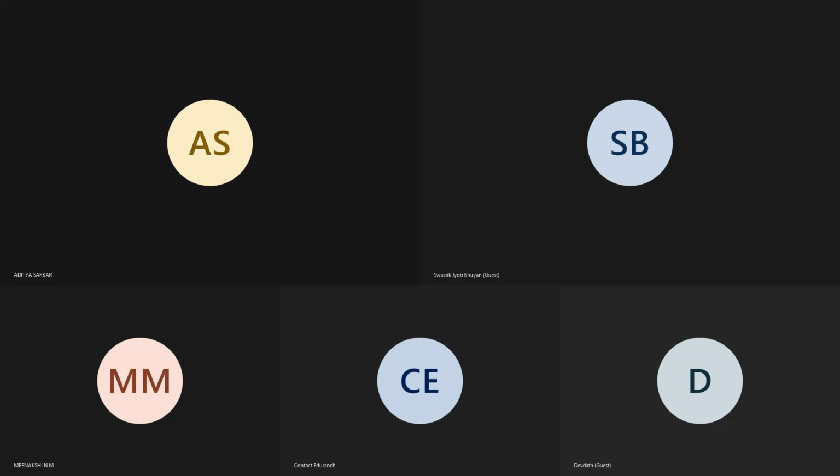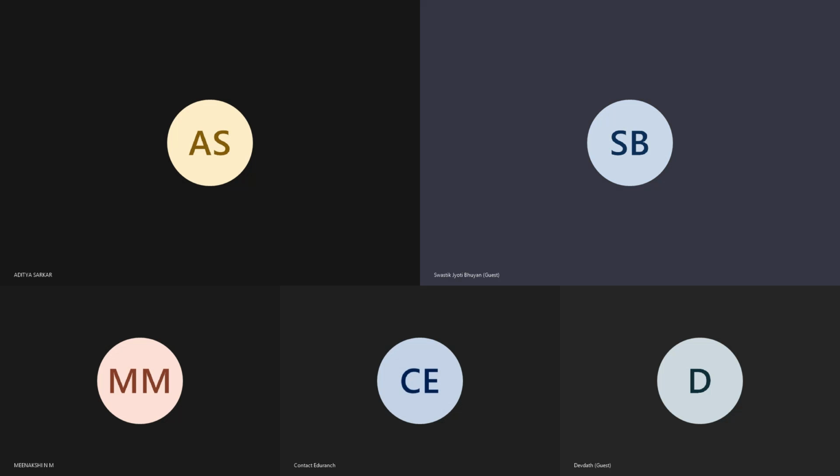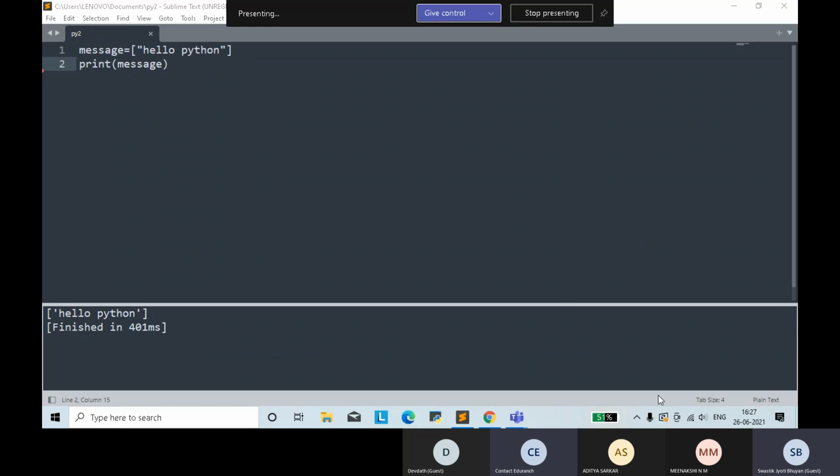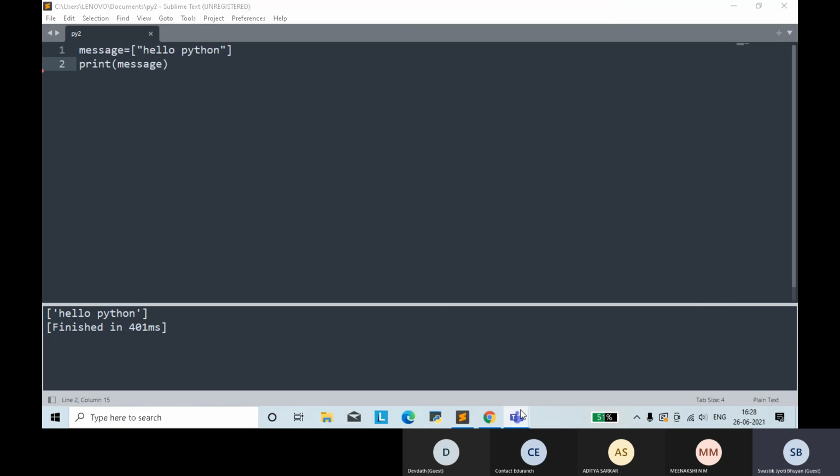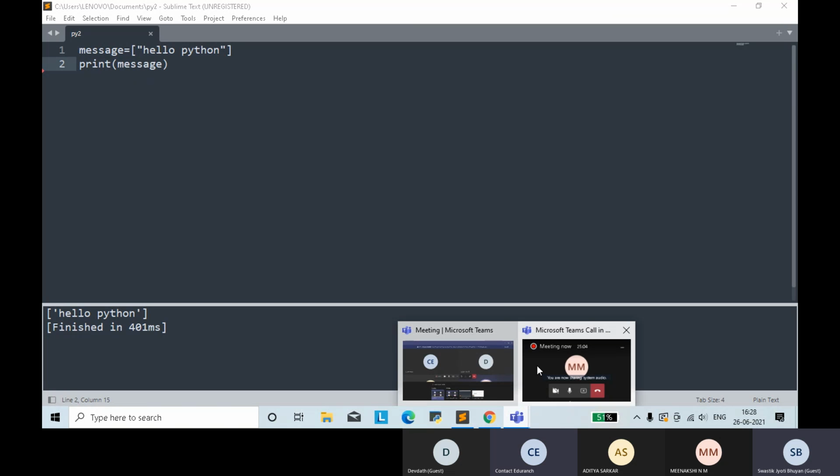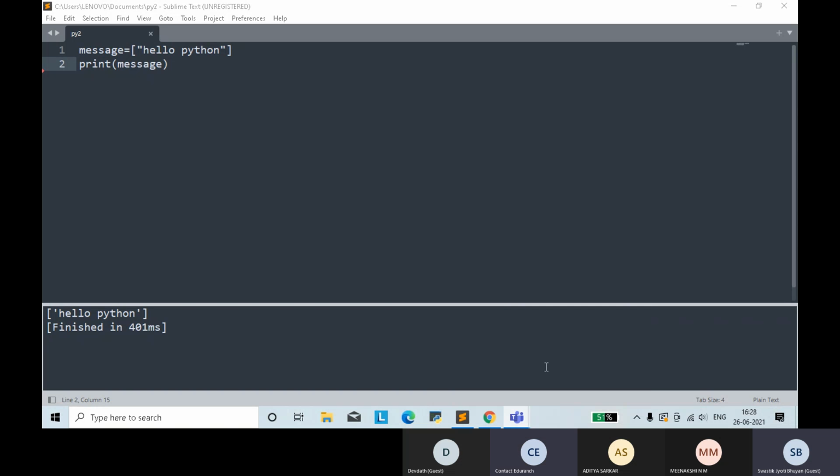Sir, there was a thing that when you run you can see your output. How do I do that in Sublime Text? I forgot. Yeah. So in Sublime Text, it is printing. See in the bottom. It has printed your message. But this is good. But you have taken an array or list. You should just take the simple string message.